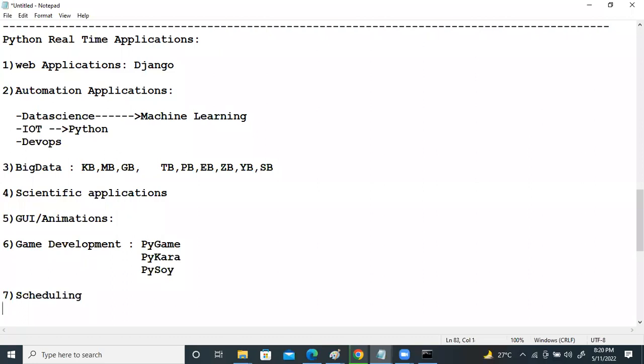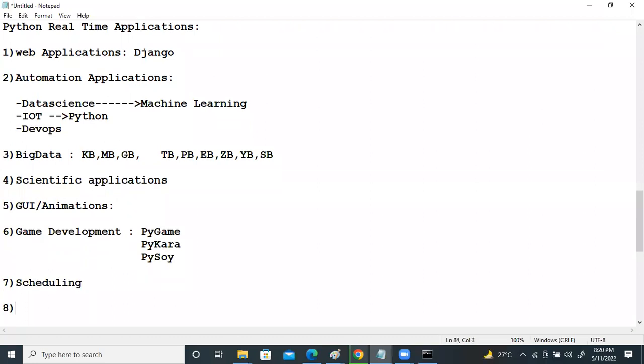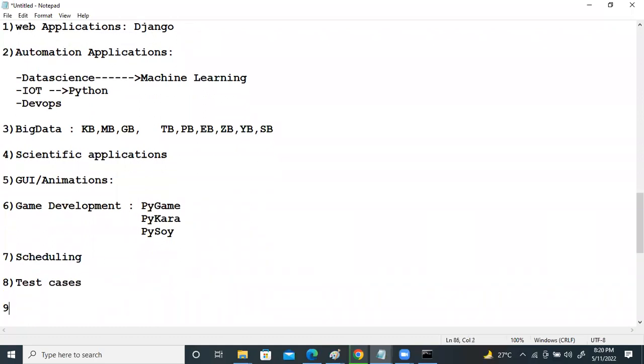We have Airflow for it, and for testing or test cases, Python is preferred. And apart from this, Python can also be used in software development.